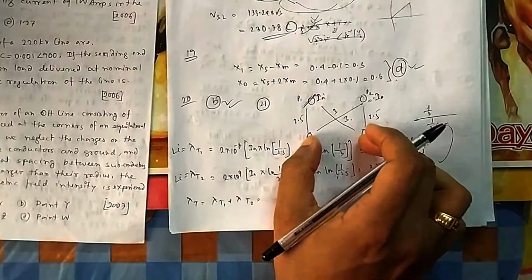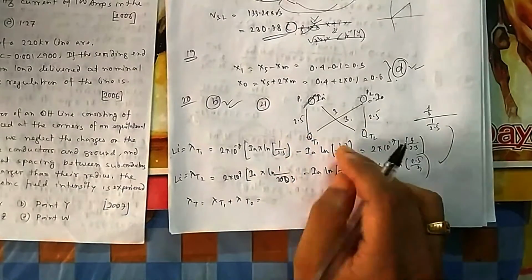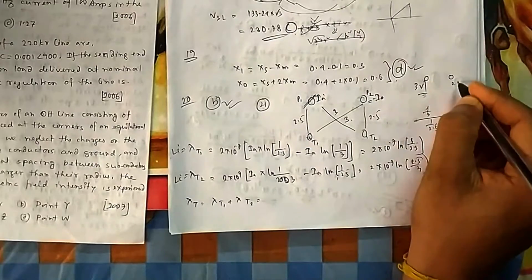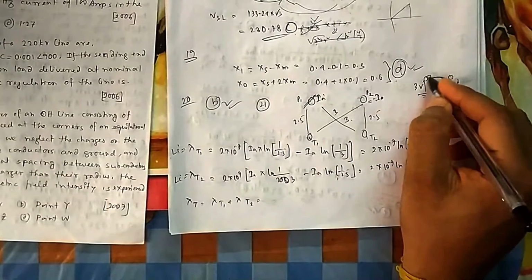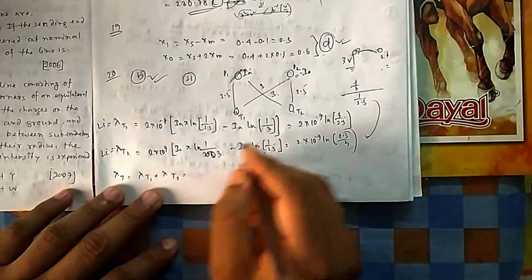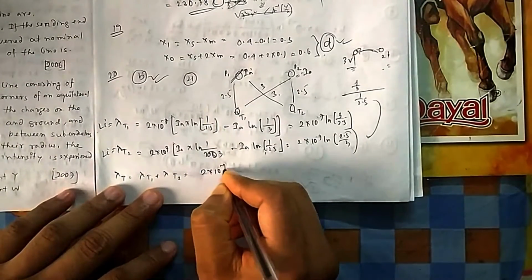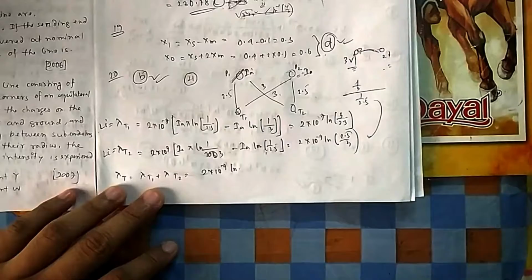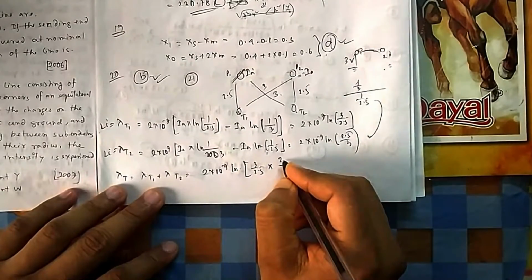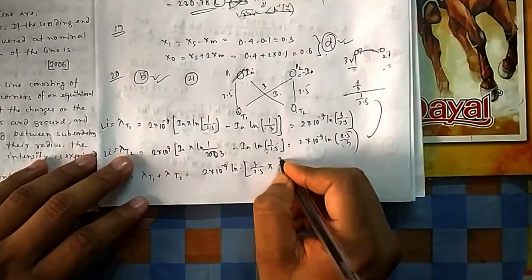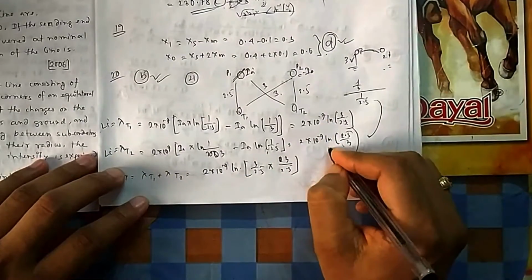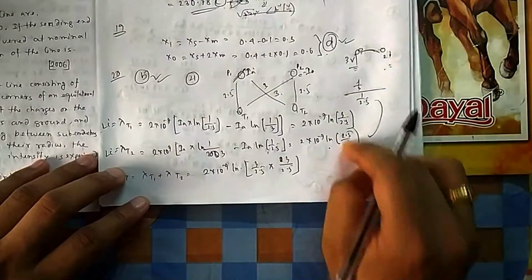Now if you want to find the voltage between these 2 points, then it will be subtracted. Suppose this voltage is 3 volt and this voltage is 2 volt, both with respect to ground. If you look at the difference in the circuit, it will be 3 minus 2, 1 volt. So ultimately it will be subtracted: 2 into 10 to the power minus 7 ln. Again, subtraction means divide, so 3 goes up and 2.5 comes down. This minus this minus this, so minus means divide, it will go up.